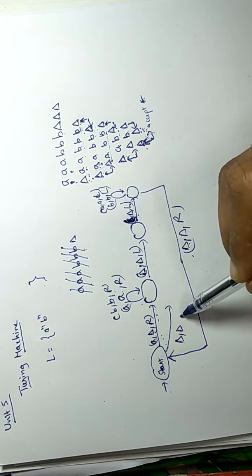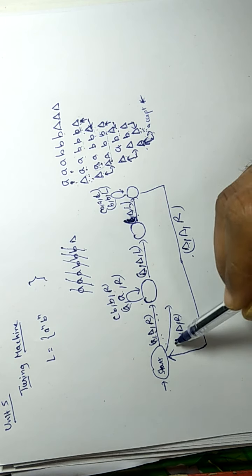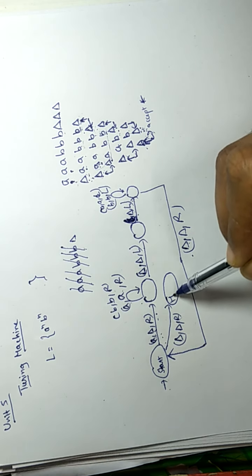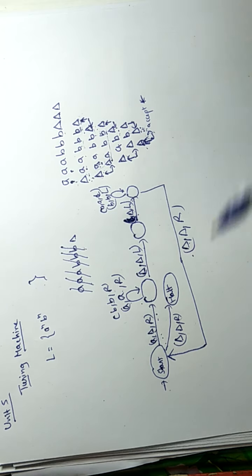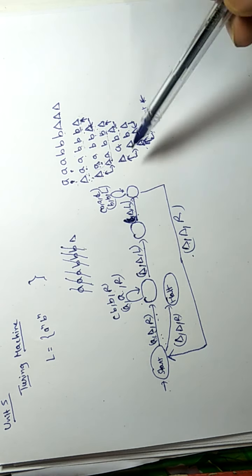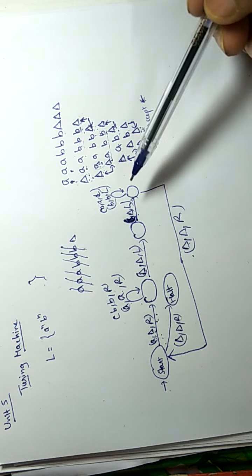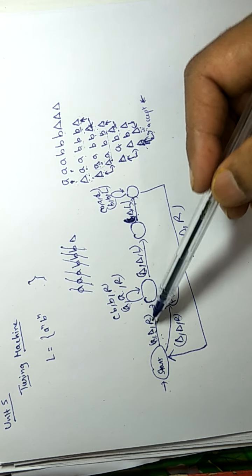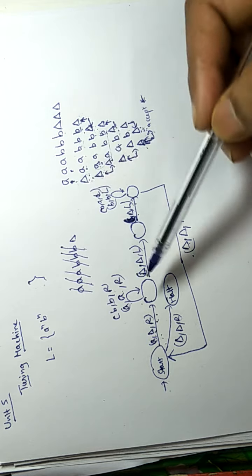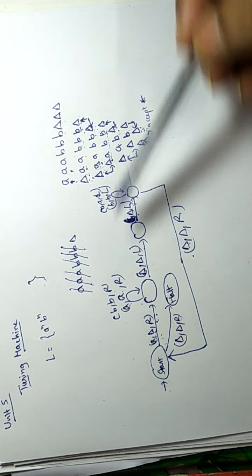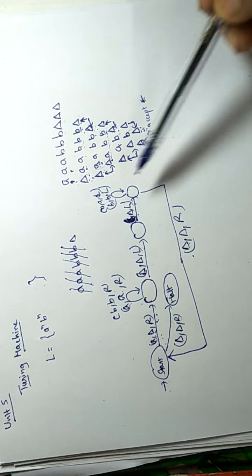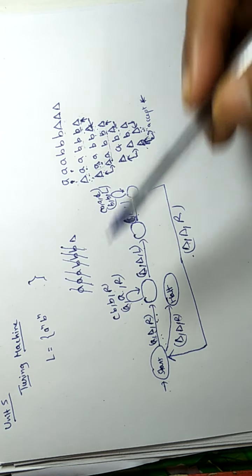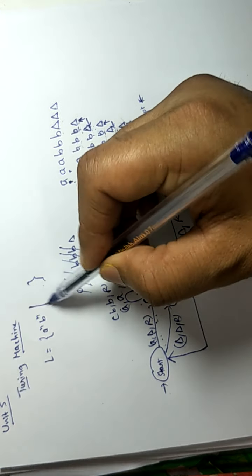So what do we need to do? Leave the blank as it is and reach the final state. It is known as the halt state. So in this way we change A and B, with A on the left corner and B on the right corner. In this way we design a Turing machine for A and B, and this Turing machine is for n greater than or equal to 0.